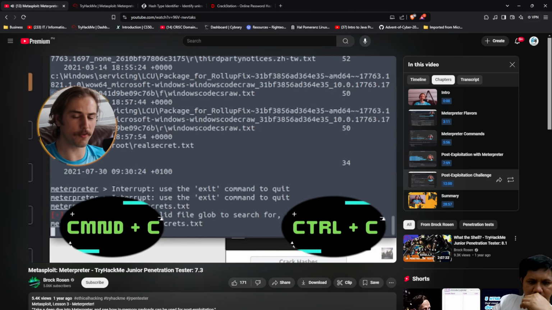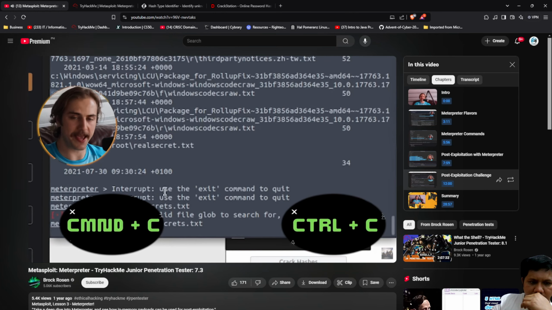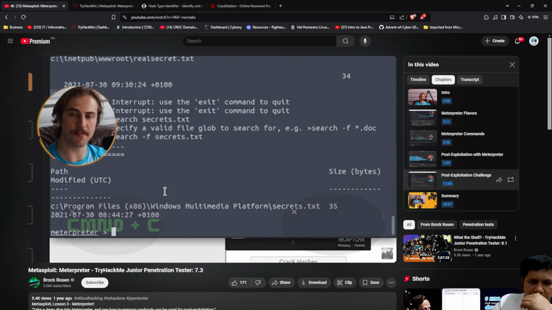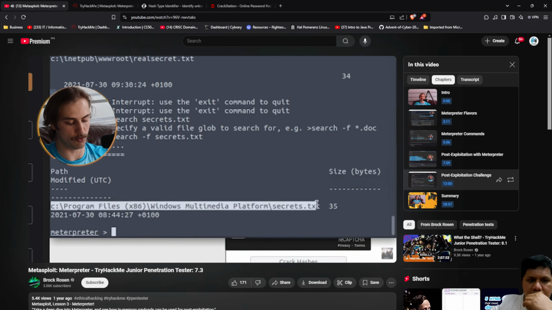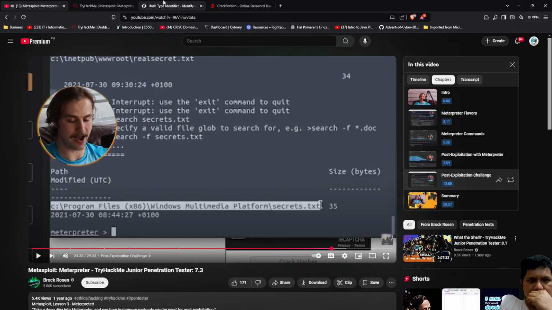If it hangs up on you for any reason, just press Control-C, cancel it, and then start it again and see if that changes anything. As you can see, it popped up pretty quickly, a lot quicker than searching for all the text files on the system. You can see it is in the C Program Files Windows Multimedia Platform directory. So we'll go ahead and